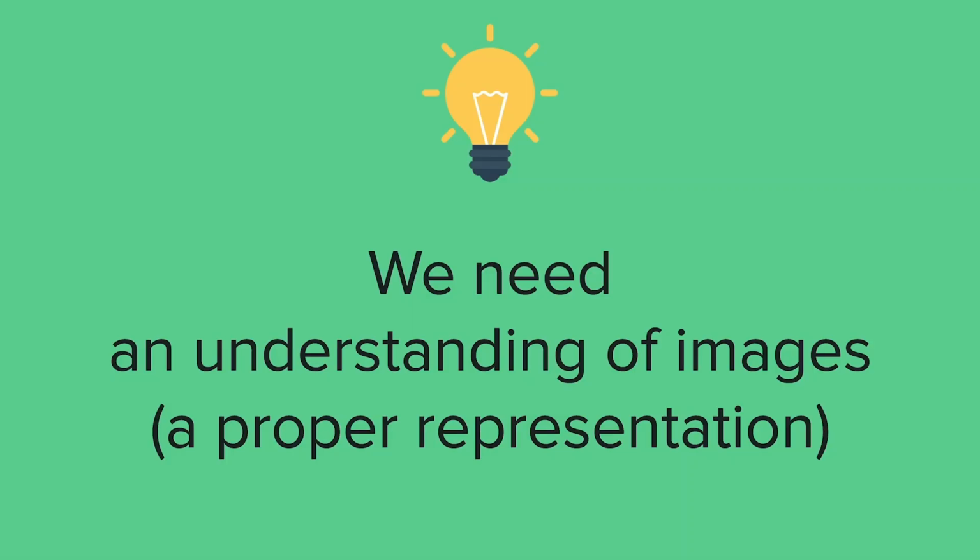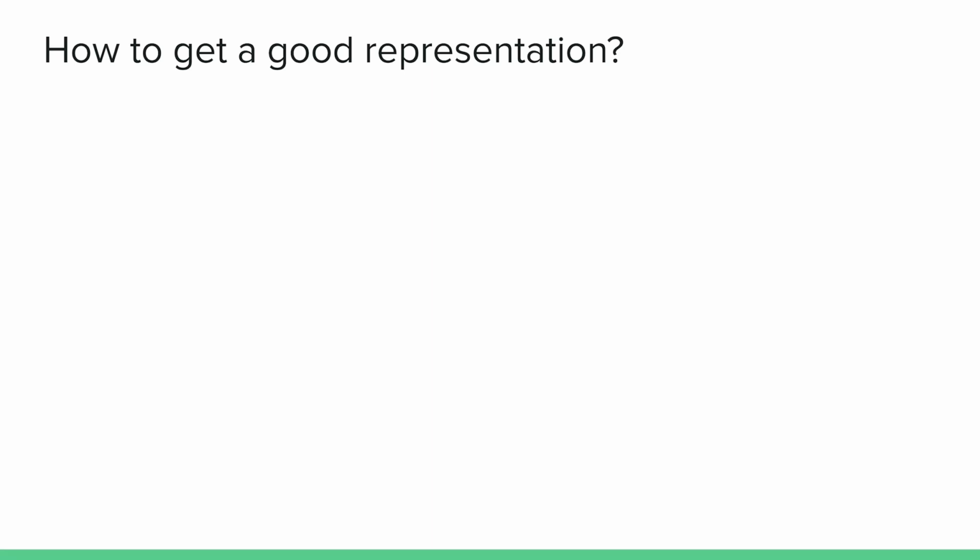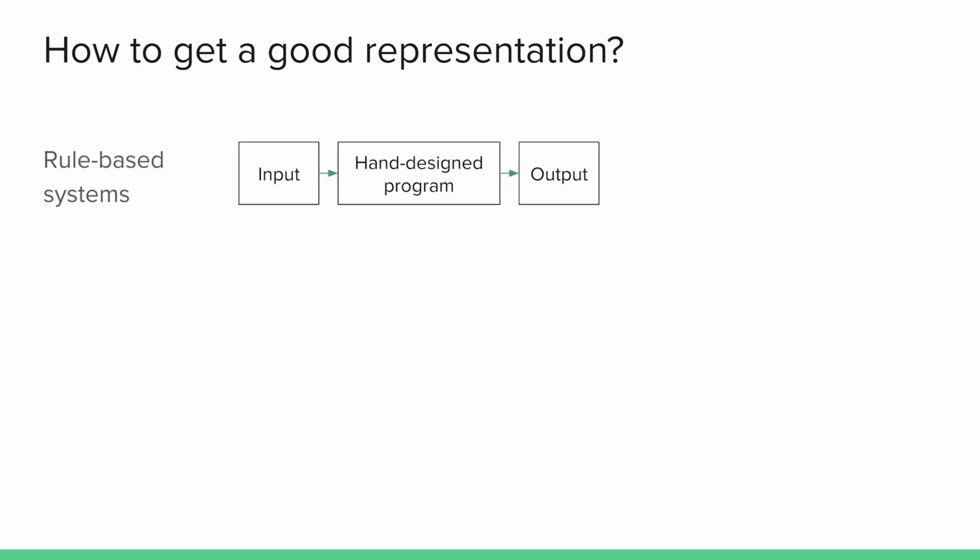instead? Well, we need this sort of understanding of images. And in images, we know that pixels that are nearby are often related, and we need to extract a meaningful representation of this. So, how do we get a good representation here? Well, back in the days when we had rule-based systems for all of these tasks, we had a certain input, a developer sat down and he had an idea, so he wrote it into a piece of, in a programming language of his choice,